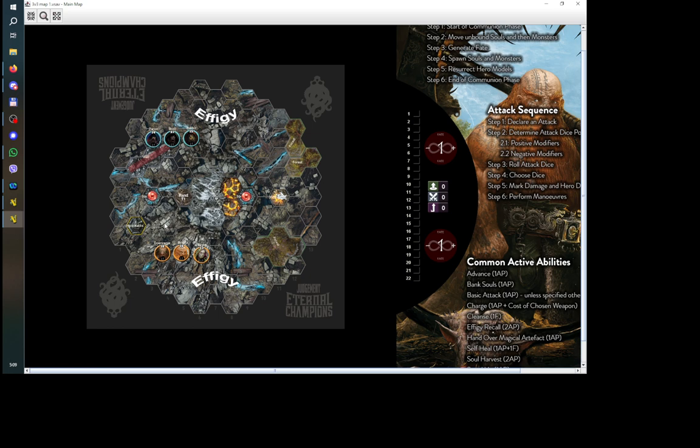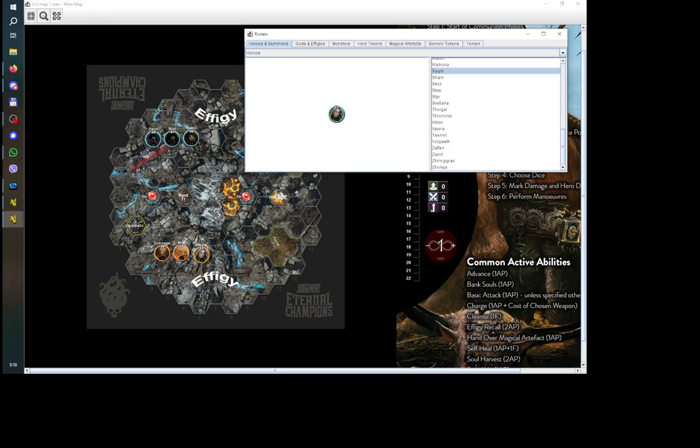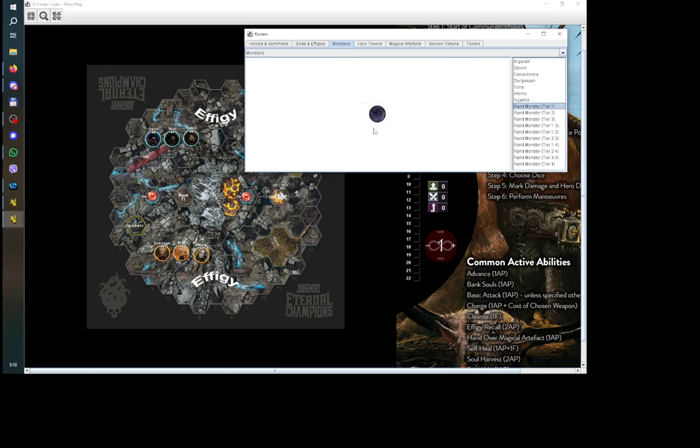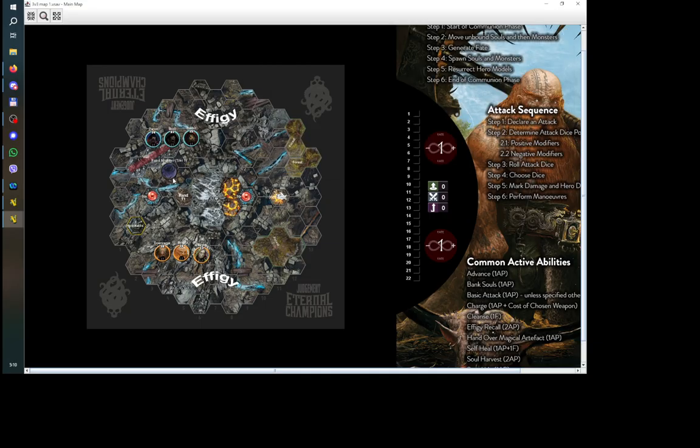That's better. Now we have this thing, and here on the monster pit it says random tier 1. We need a tier 1 monster. That is also in the models tab, but it's under a separate thing here at rosters, and then rand monster 1 3. This is a spawning pit, and we usually put it on the edge of the map. Any item you have, you can click and press Ctrl